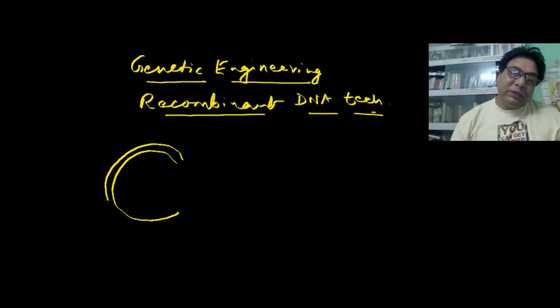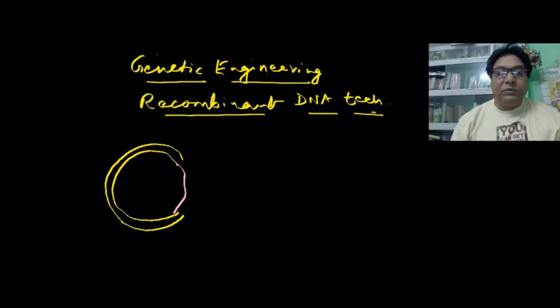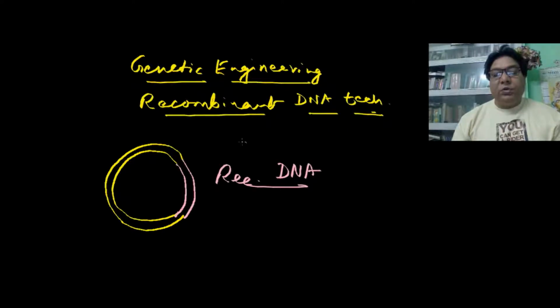So this is a vector DNA, a plasmid DNA, and when it is recombined with another DNA, say this one, then what results is a recombinant DNA. This is a recombinant DNA. So all those techniques that are involved in making this recombinant DNA will be together called recombinant DNA technology or